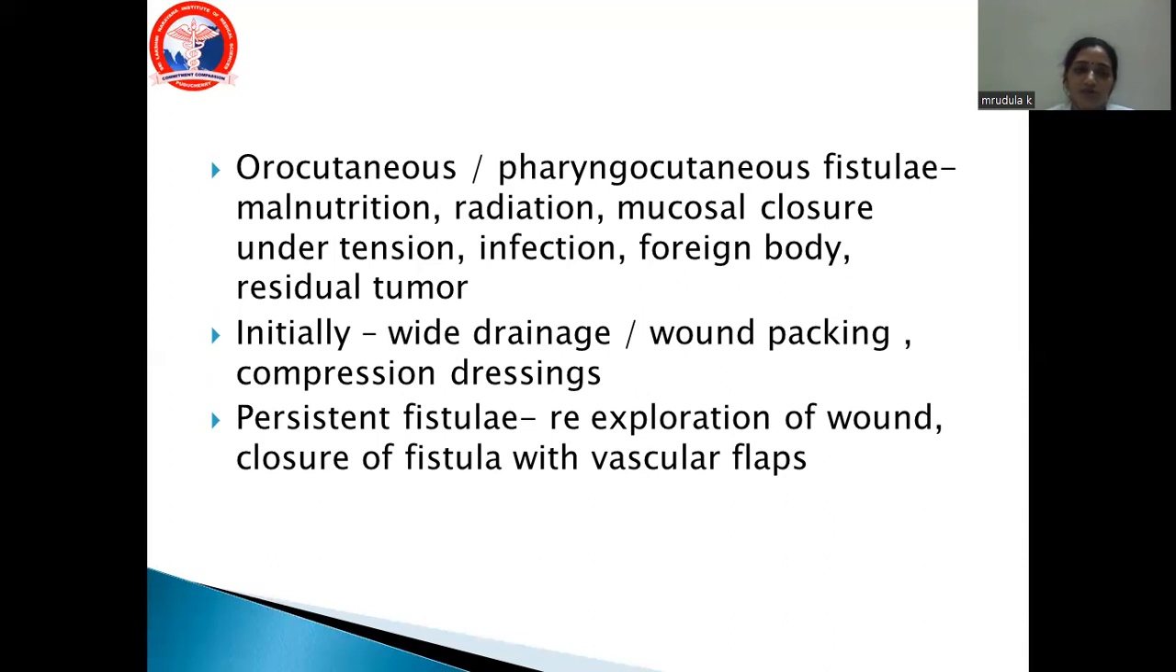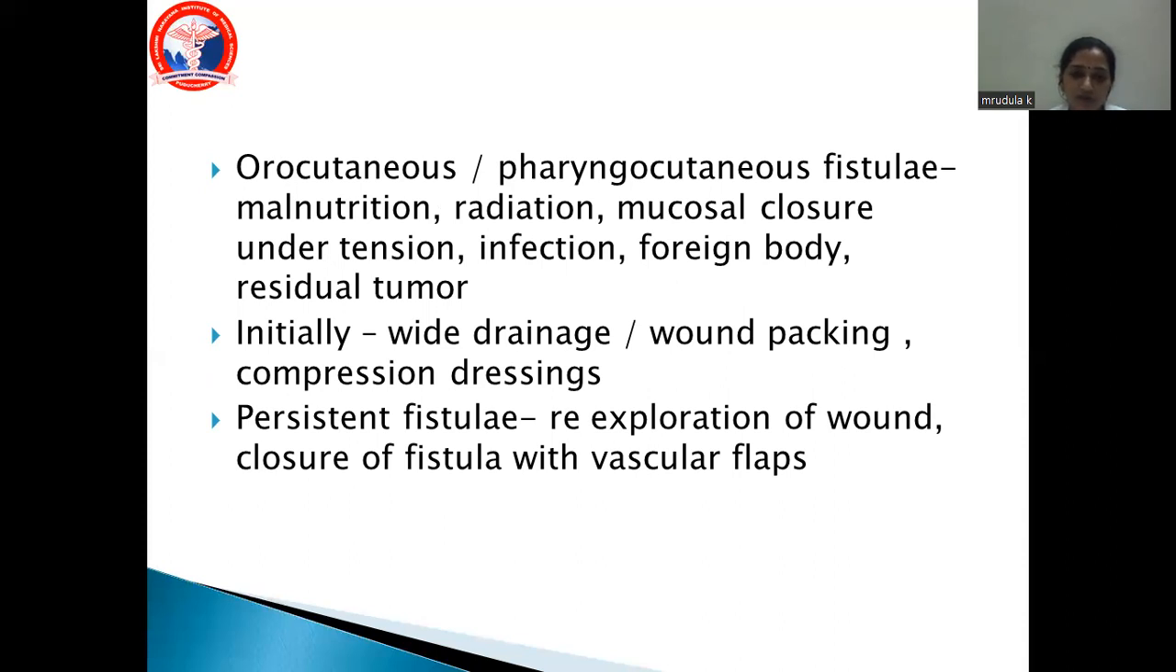Fistulae may occur post malnutrition, radiation, mucosal closure under tension, infection, foreign body, residual tumor. So initially you can go for a wide drainage or wound packing and compressing these things. If the fistula is persistent, you can go for a re-exploration of the wound